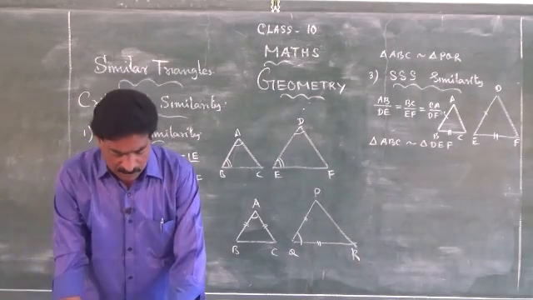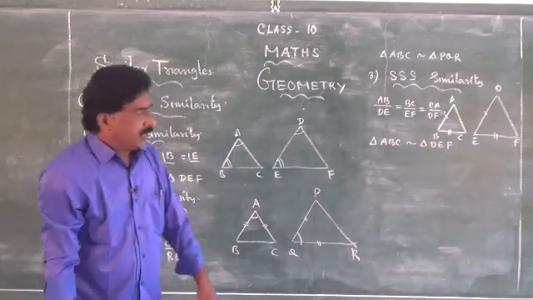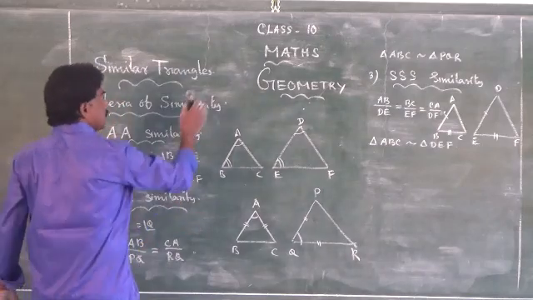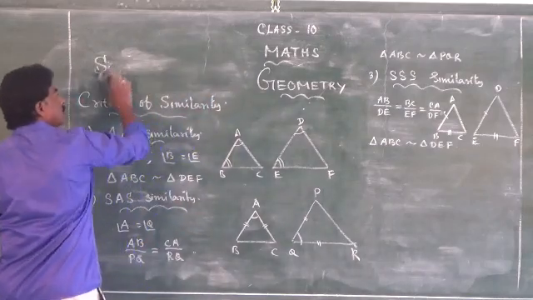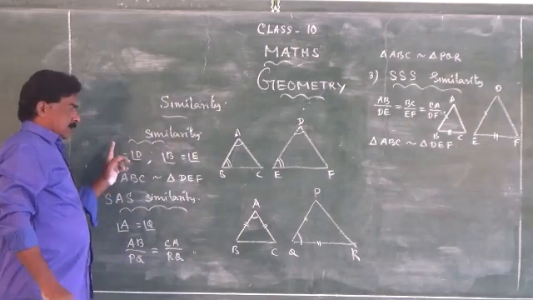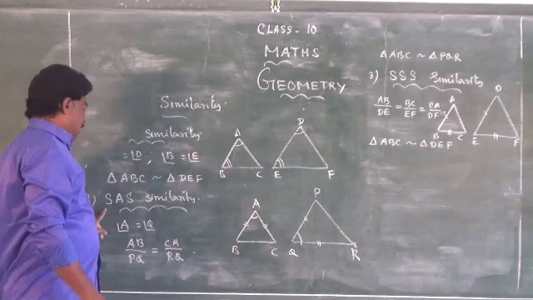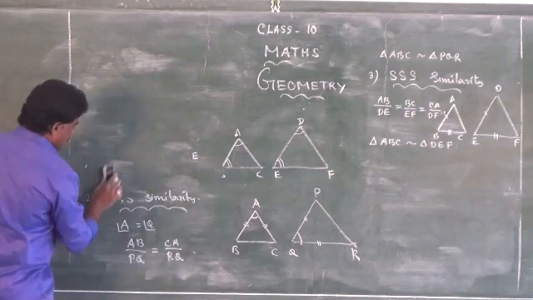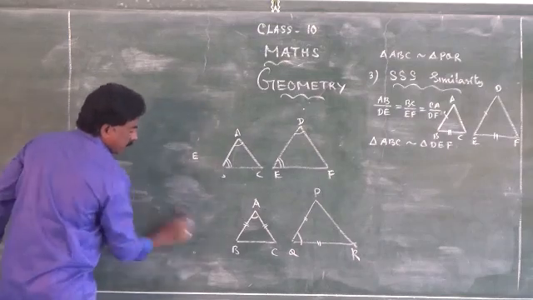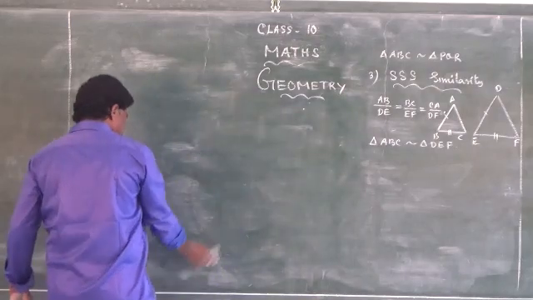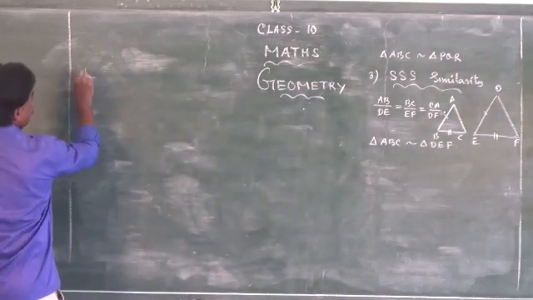And some important results are there. In this class, we will learn only that, because using those results only, we are going to do problems. So first you should know the three criteria: angle, side, side. All these are in the textbook. You can copy the notes. But that's the example I gave. Now some important rules.